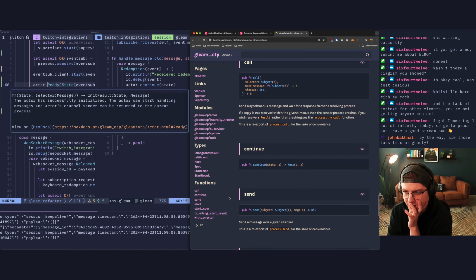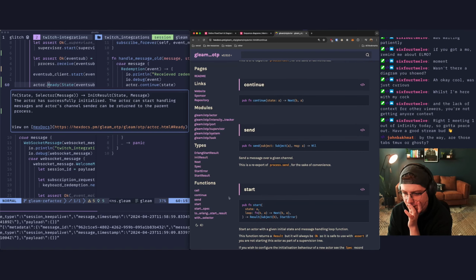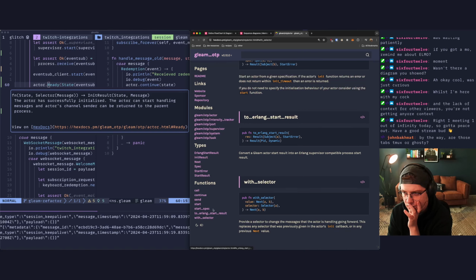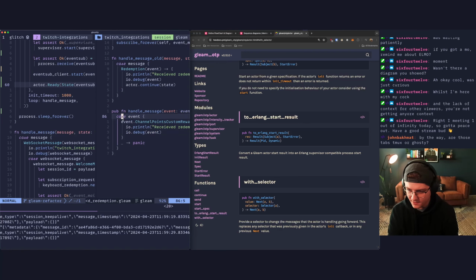So I could construct my own next, where we update the selector, I think. It looks like, yeah. Beautiful. Okay. I did not know we had a withSelector.